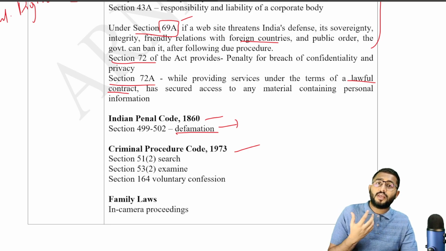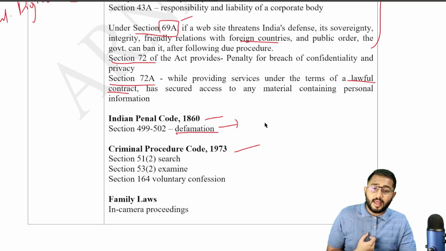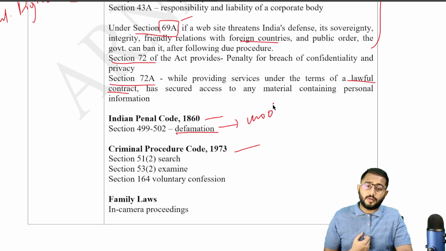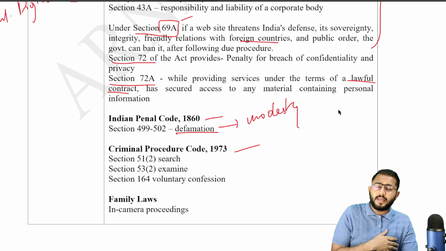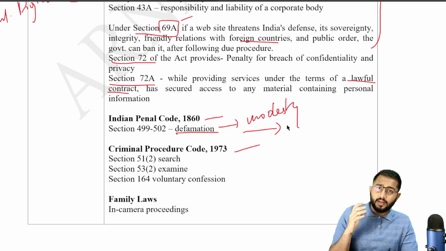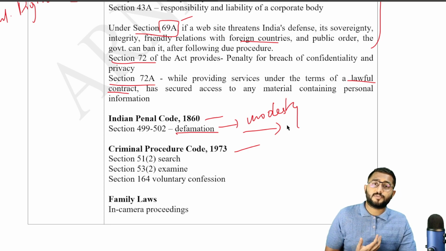And this harm that is brought through defamation touches upon the right to privacy of a person. You cannot harm someone's own personality. This is amplified when it comes to the modesty of a woman. It says that if the modesty of a woman is harmed by sound or gestures or anything, it again leads to defamation, which is a serious punishable offense. So the Indian Penal Code, through this section on defamation, has spoken about how your own personality is private to you, and how harm to this is a punishable offense.